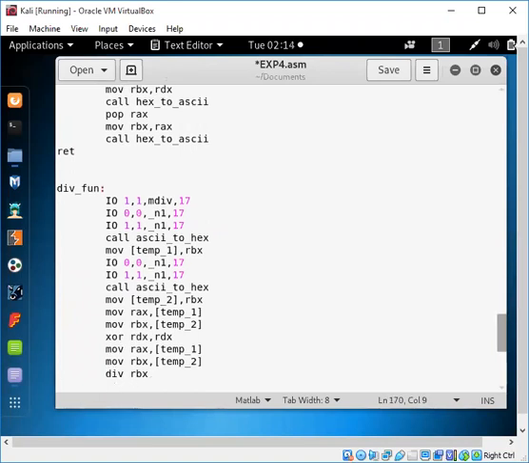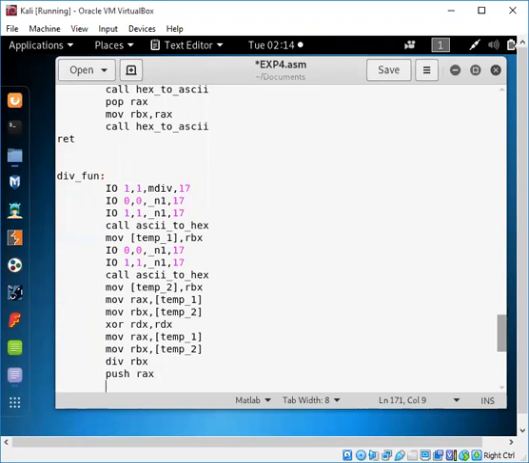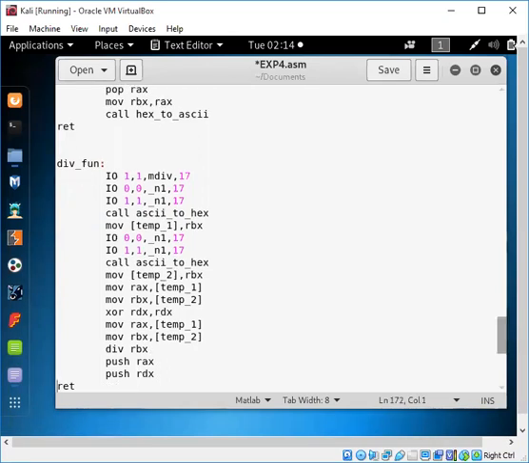Next, it will be like a multiplication with one parameter. Here also we'll have the default RAX. So similarly, as we have done one by one element, we have to put both RAX and RBX on the stack as a final for conversion.